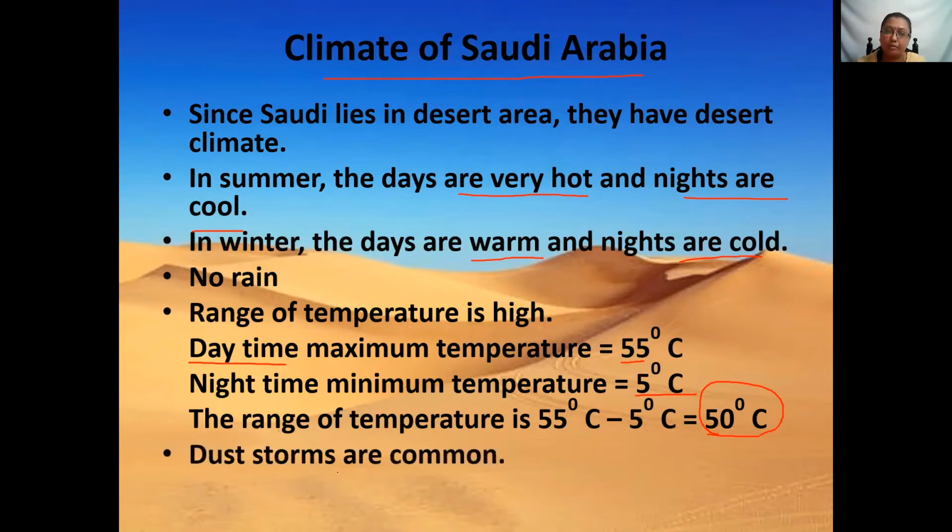And dust storms are quite common in these places. Have you heard about dust storms? If you have any relatives living in Saudi area or Persian Gulf, you could have heard about it. Okay, I'll show you the pictures. Dust storms are nothing but storms. You know storms, right? Storms are what? Heavy wind blowing, okay? Strong and heavy wind blowing. And when those winds bring fine sand particles with them, then we call that storm a dust storm or sandstorm.